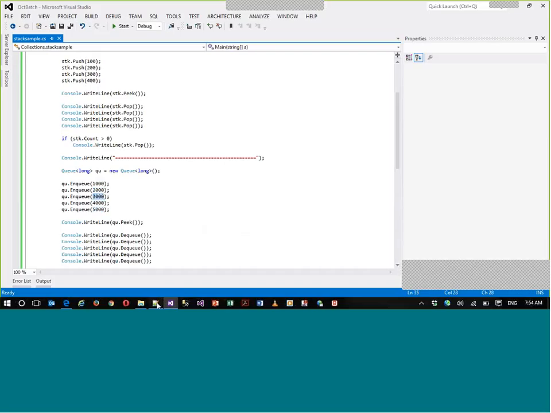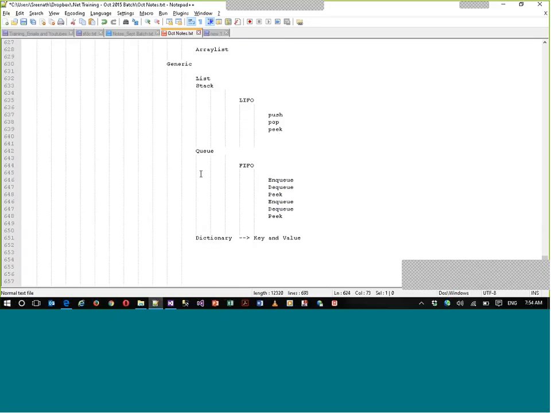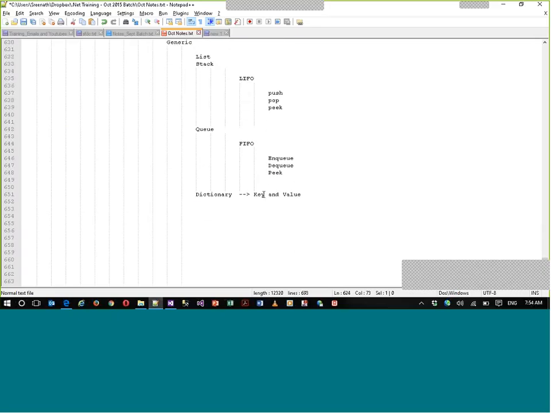But we have a special kind of collection item called dictionary, where you can save something called lookup type of data. If, for example, you want to save student ID and name, 1, right, student ID, maybe let's say 2, let's say you want to add, 3, let's say you want to add Rahul, and so on, for example.